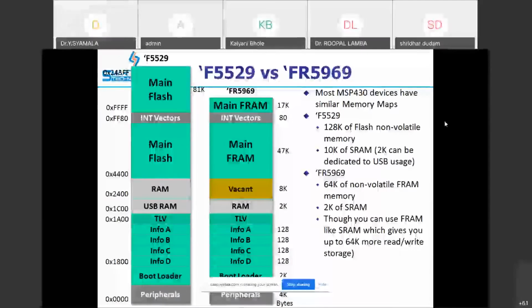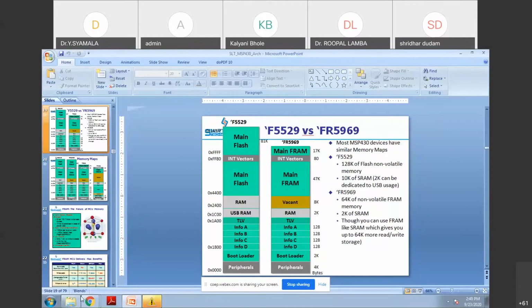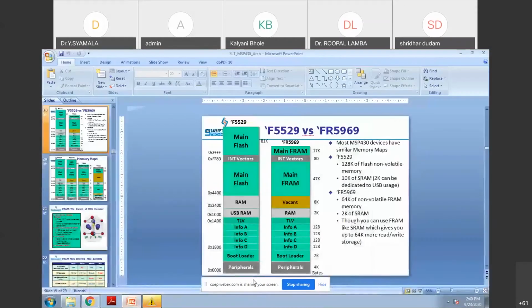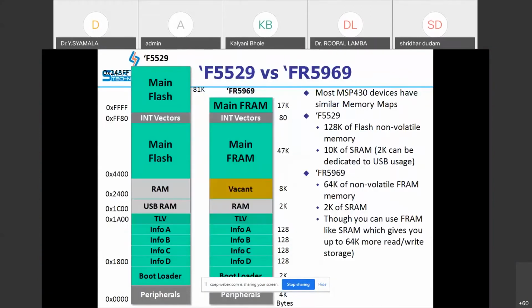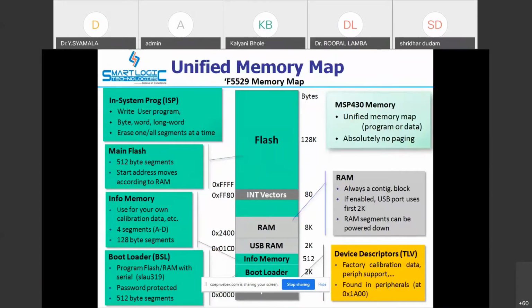We have discussed certain fundamentals about the MSP430. Okay, so we'll go ahead with that. We have completed the addressing modes of MSP430s, and now again we'll come back to the memory map. So this is the memory map for the MSP430F5529 series, which is again popularly used in